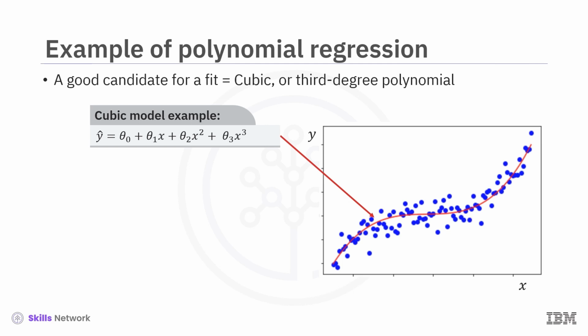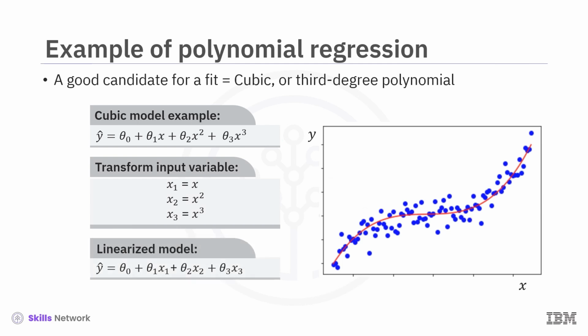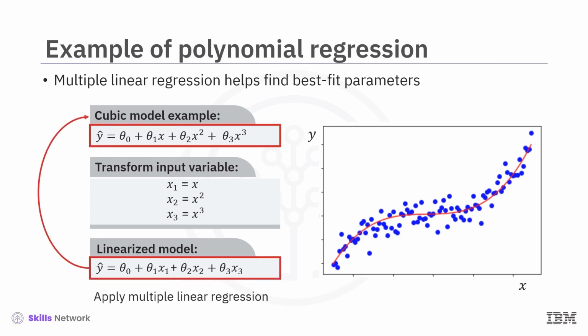Here, the thetas are parameters to be estimated that best fit the underlying data by introducing new variables as x_1 equals x, x_2 equals x to the power of 2, and x_3 equals x to the power of 3. The model can now be expressed as a linear combination of the new variables as y equals theta 0 plus theta 1x1 plus theta 2x2 plus theta 3x3. Because the resulting model has been linearized,